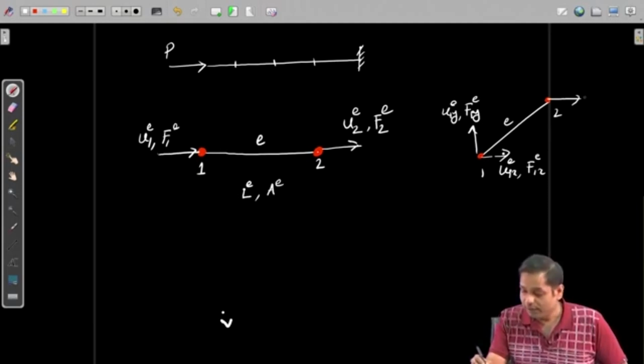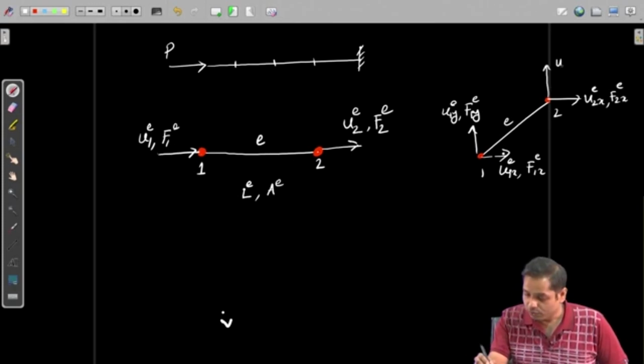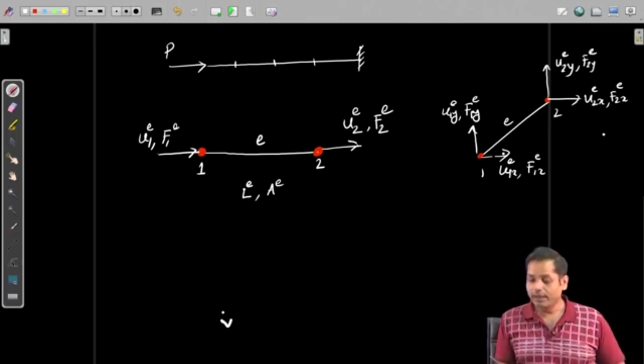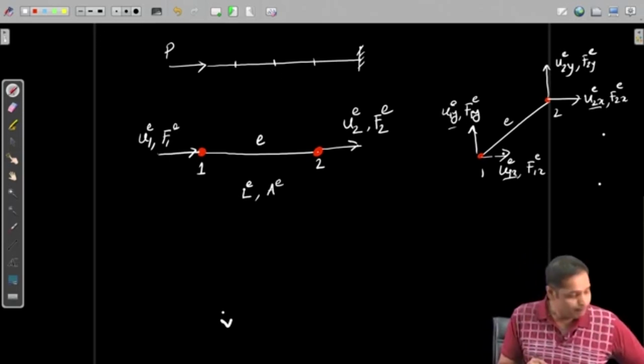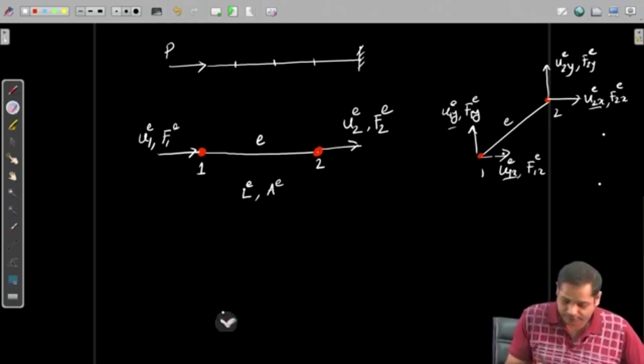Similarly here you have U2x^E and F2x^E, and U2y^E and F2y^E. So at every node you will have these displacement components. But for the time being, let us concentrate on